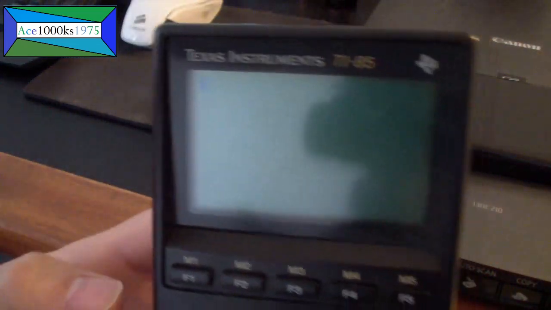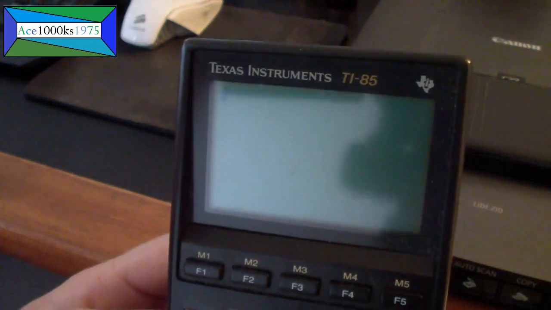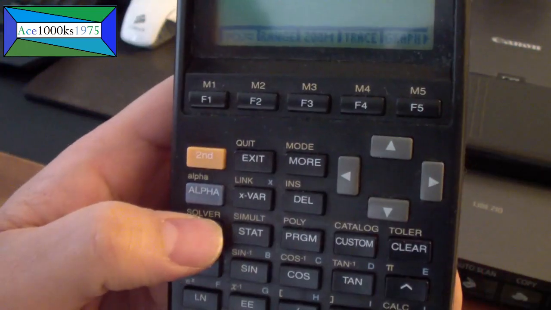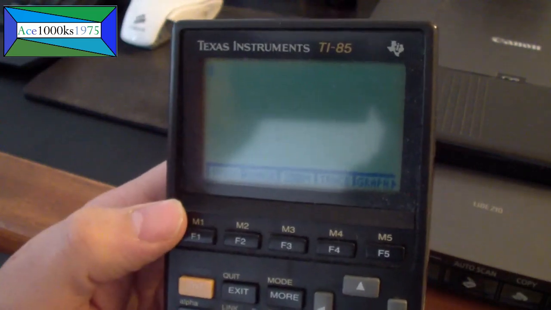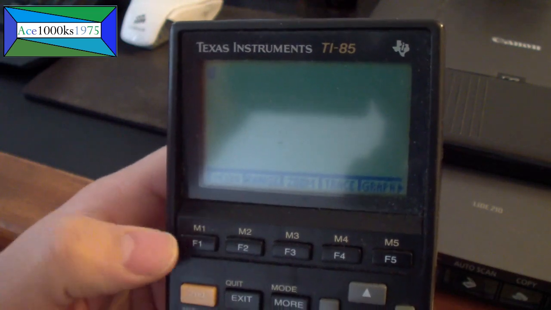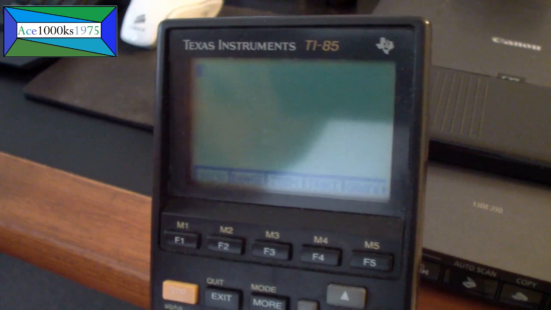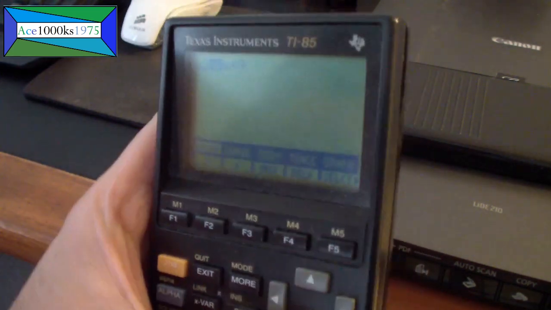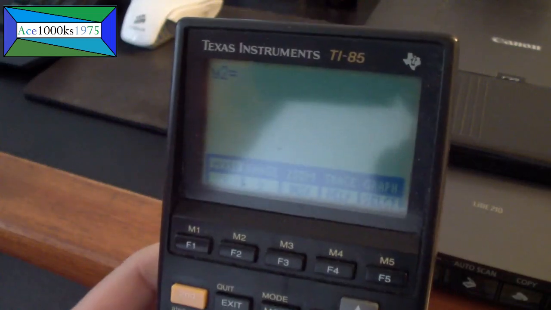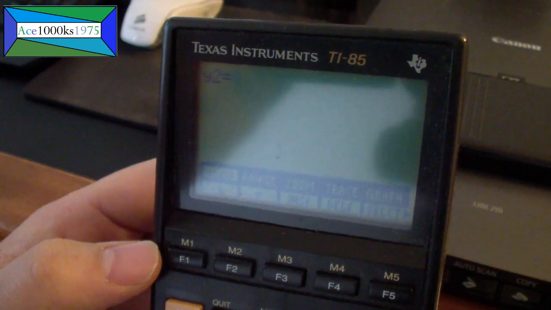See that? So in order to graph with this calculator, it is called a graphing calculator after all, you would press this button, graph. You'd come out with that function, and if you want to graph, then you press F1, which says y to the x. That's like a function for graphing. Let me clear this, change it. Let's say the graph was y equals x,